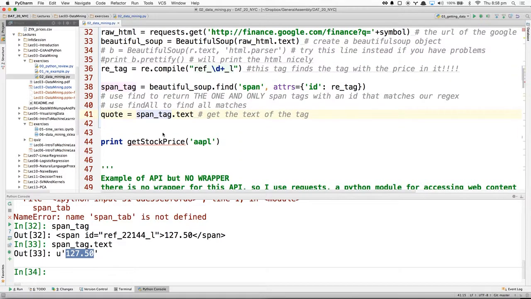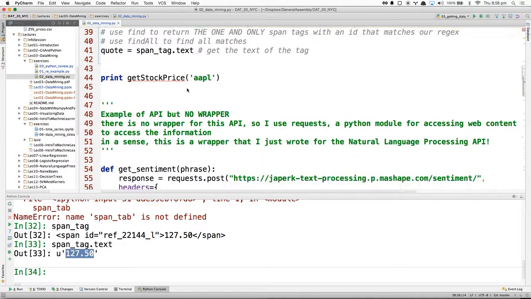Beautiful Soup makes it very, very simple. You can see how difficult it is when we don't have a tool like Beautiful Soup to parse and interact with the DOM. We need to have these complex regular expressions, but Beautiful Soup knows how the DOM works and allows us to interact with the DOM at a higher level.